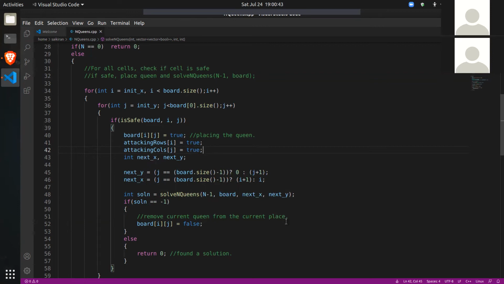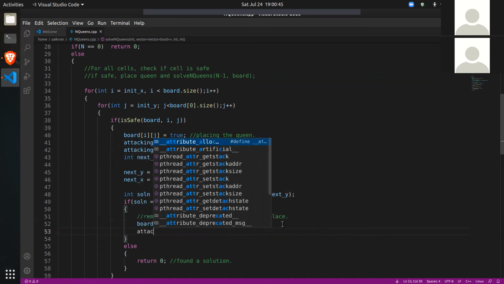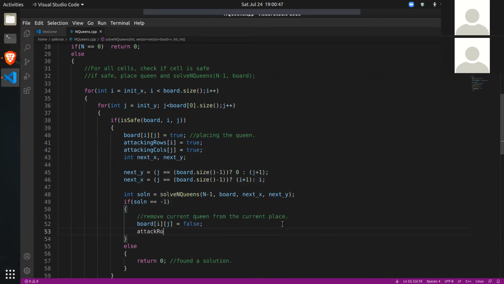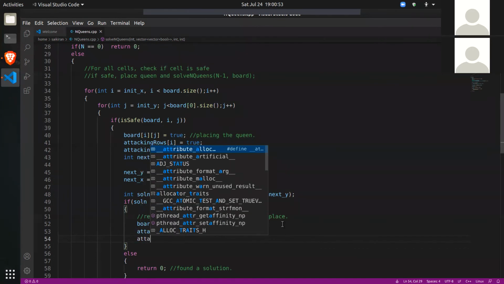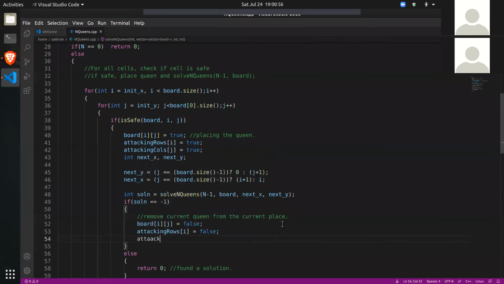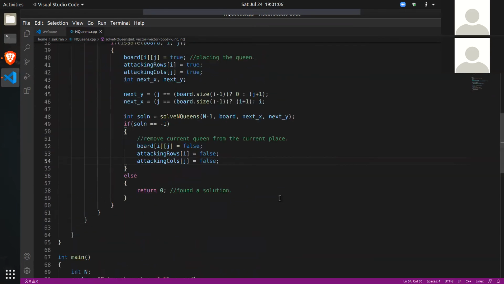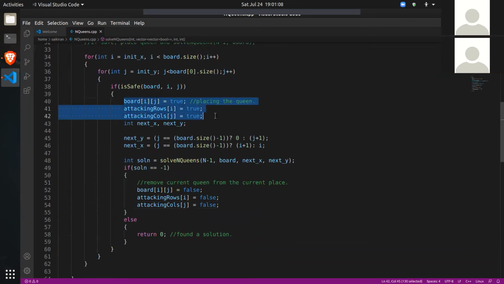And when I remove that queen, I should also clear that row. So attacking rows of I will be false, attacking columns of J will be false. Okay. So when we enable a queen, we do this. When we disable a queen, we do this.